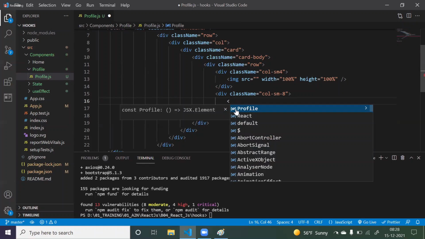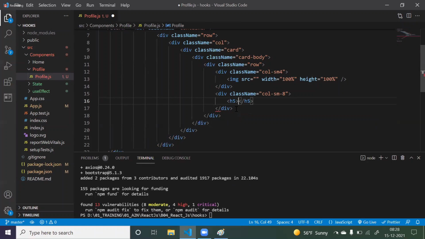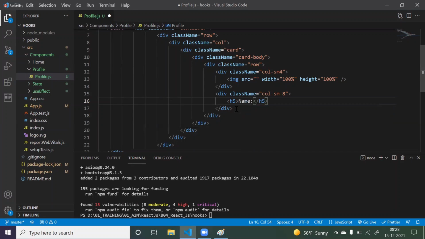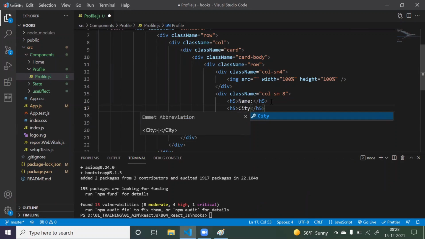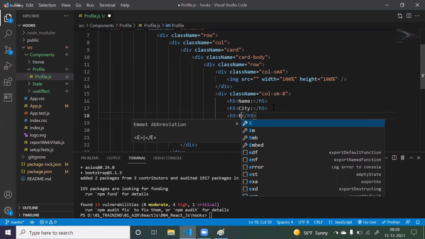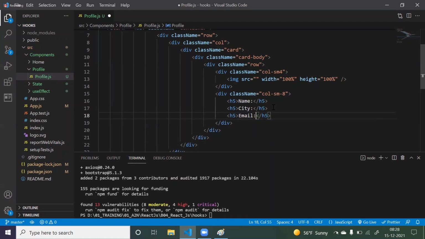So for example, in H5, I want to display name. Then one more H5 where I want to display city. One more H5 where I can display something like email. Here also first name and last name. This is the first name. Then I want to display one more, the last name.